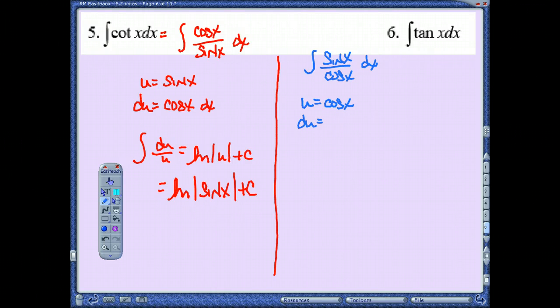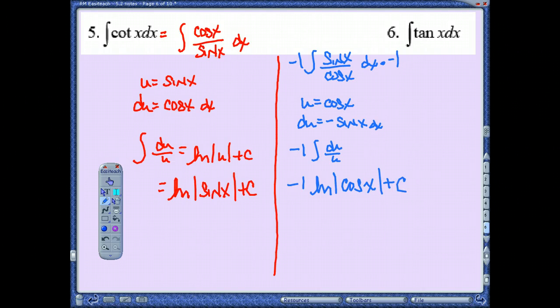So my du is going to be, oh, the derivative of cosine is negative sine. I don't have a negative, so I'm going to have to put that negative in there. So you're multiplying by a negative 1, multiplying by a negative 1. I have negative 1, and then I have du over u. When I integrate that, I have my natural log of the absolute value of u, which is cosine,